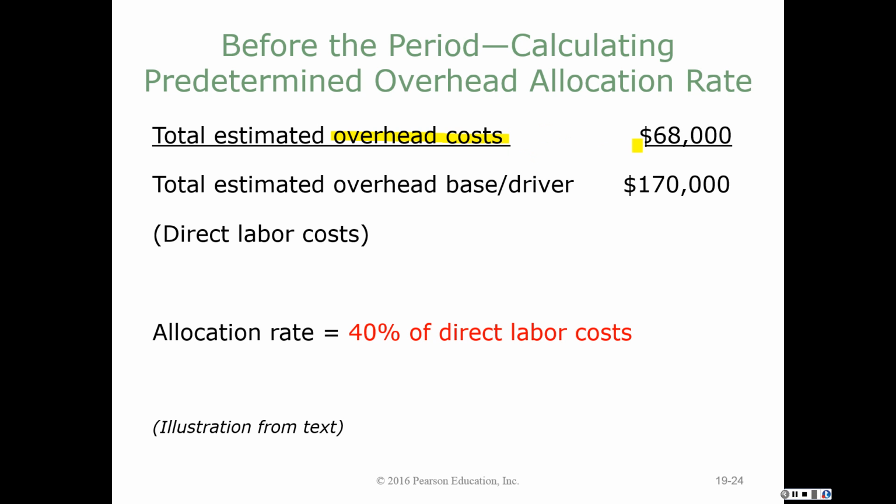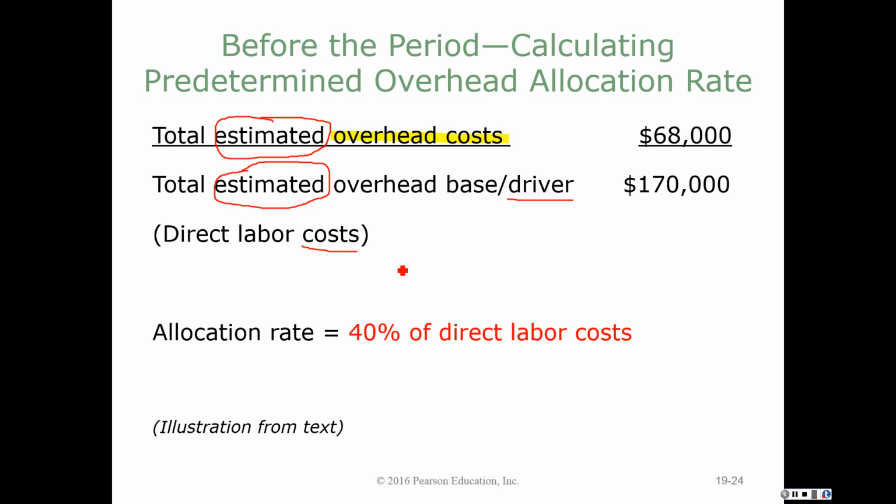What is causing me to use the machines or to have the utilities? And so in this particular case, the key here in what we're looking at is the word estimated. I am estimating my overhead cost, and I am estimating what is driving those overhead costs. And so in this particular case, your text said, well, our direct labor cost, not direct labor hours, but our direct labor cost. The more we spend on direct labor, the more we spend on running machines, running utilities, paying